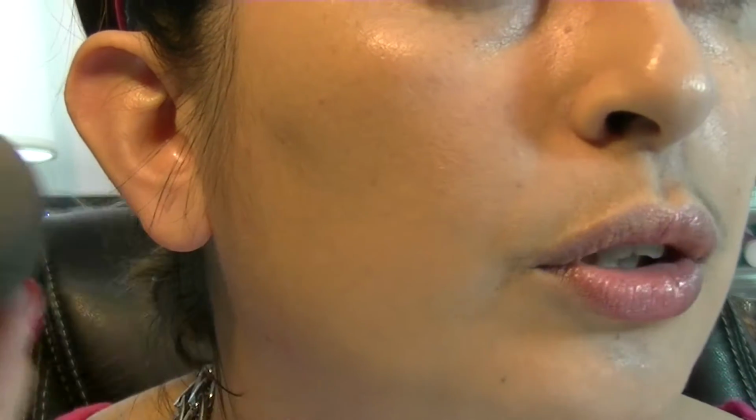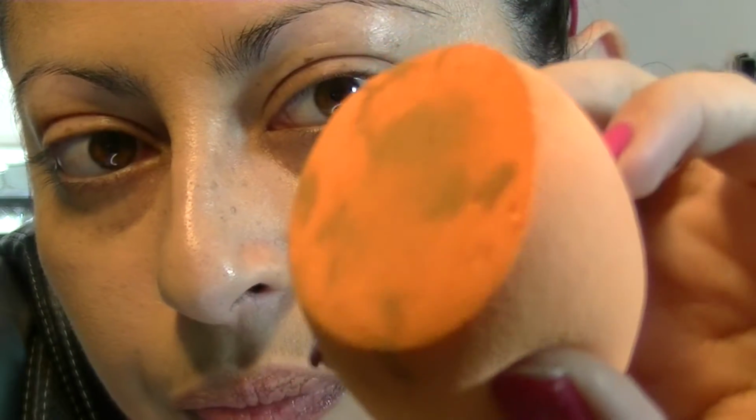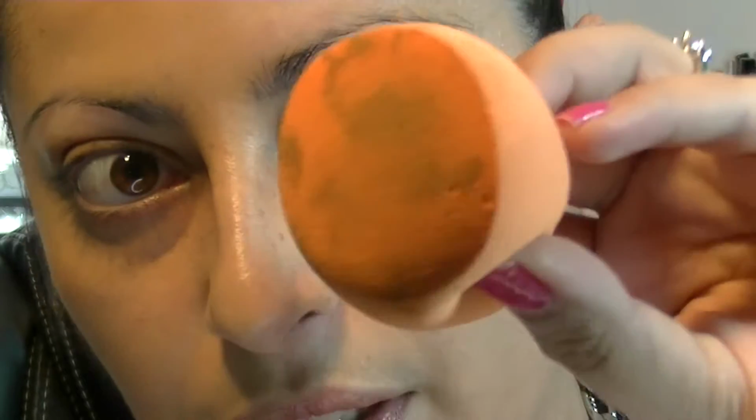We'll try to zoom. I don't know, can you see the difference? The Beauty Blender, I really have more foundation on this side here than this side here. And you can see my natural skin because all the foundation seems to be absorbed by the blender instead of applying it. And both of them are damp. So now the other test,